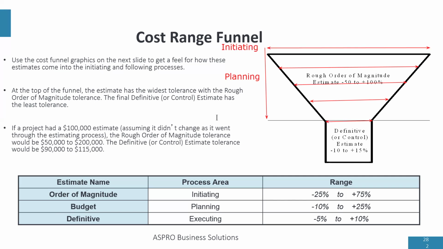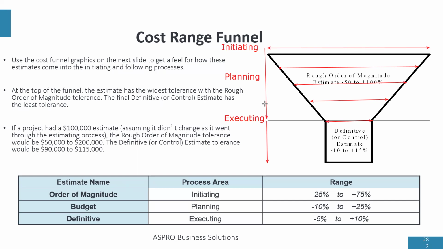Do you get the concept? The concept is, as I begin to plan my project, look at alternatives, cost, materials, I now start getting a final picture so that when I get to the executing stage, if I'm expecting any variation, it's going to be between -5 to +10%. So this is just showing us the level of accuracy at different times in your project,